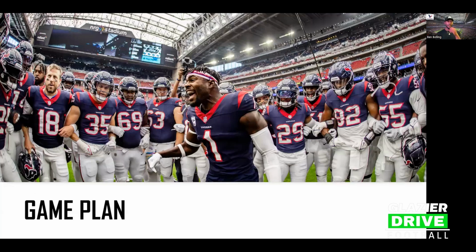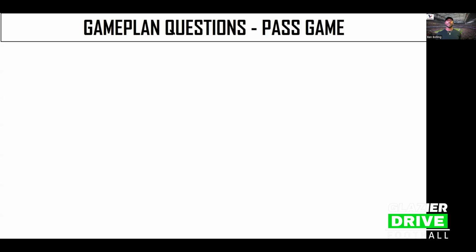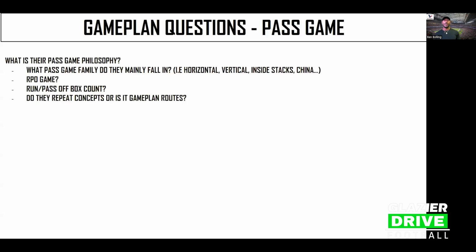All right, game plan. Interesting part, right? Always interesting. How do I look at the pass game, right? So overall, I like to group it into concept families, pass game families. So what pass game family do they mainly fall into? I've got a couple of examples. At the end, I'll go through all the groupings that I use, but horizontal, vertical, inside stack,